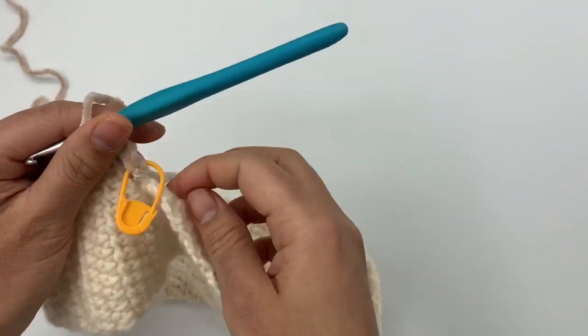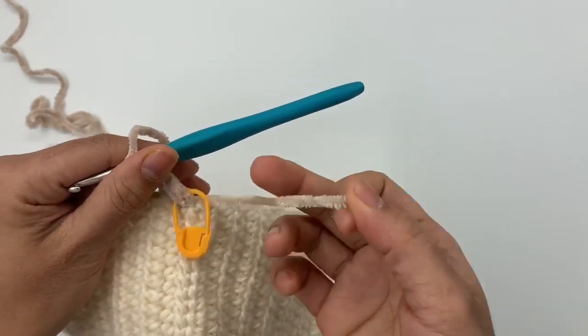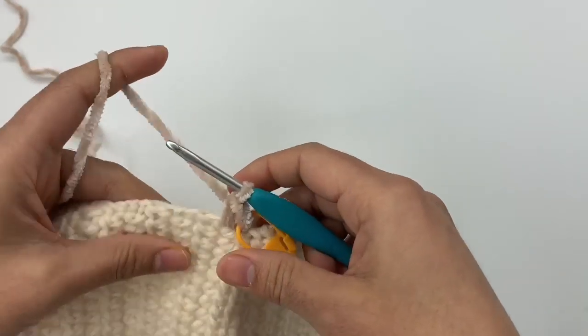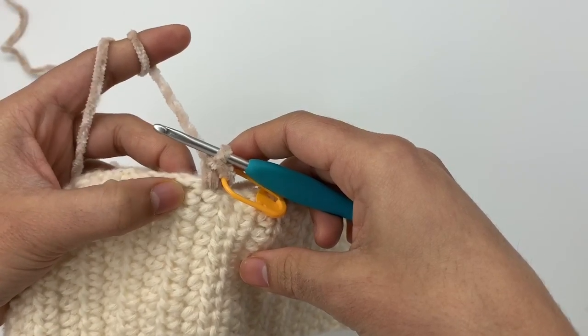I will show you in a minute when I come to the end of round 1. Okay, so yeah, I'm just gonna keep this tail. Actually, I should have longer than this, but it's okay. It's good. So into the next space, which is the end of next row here, I'm gonna make 2 half